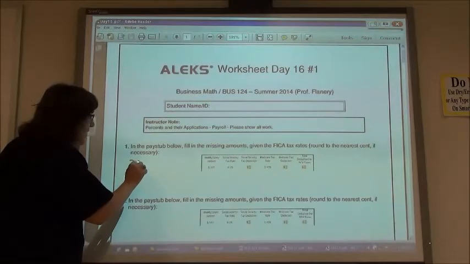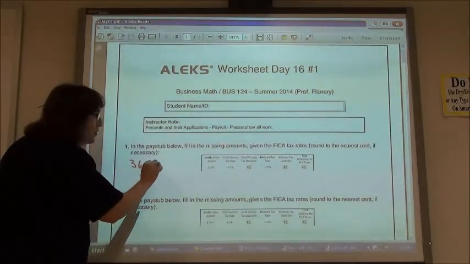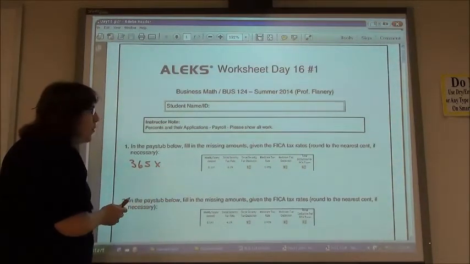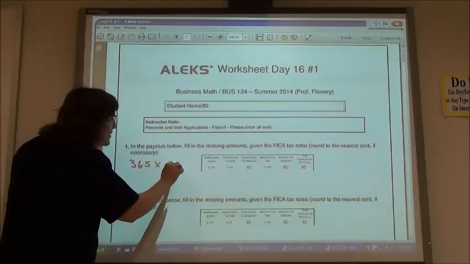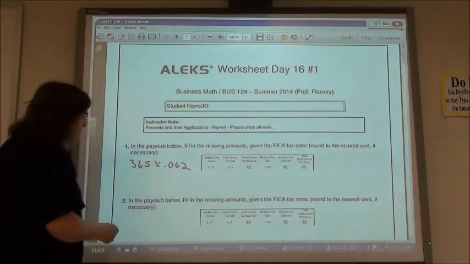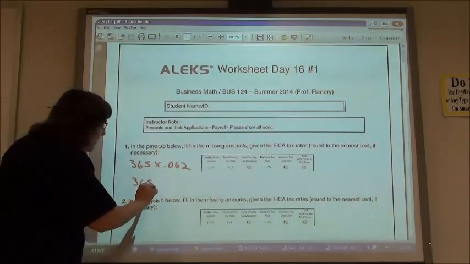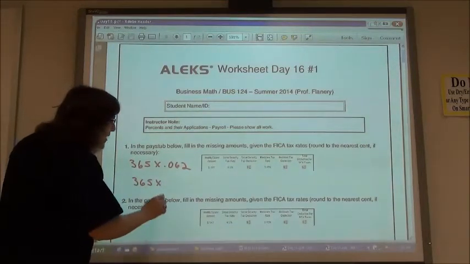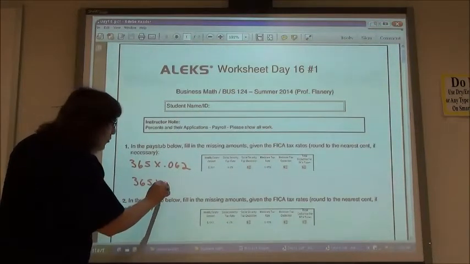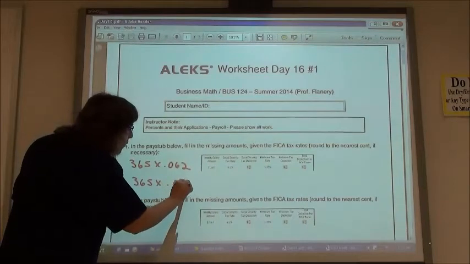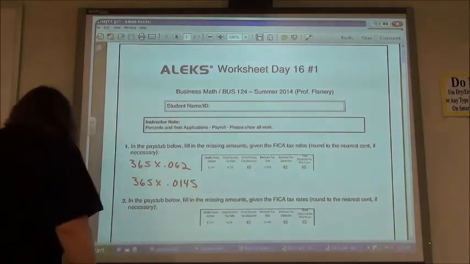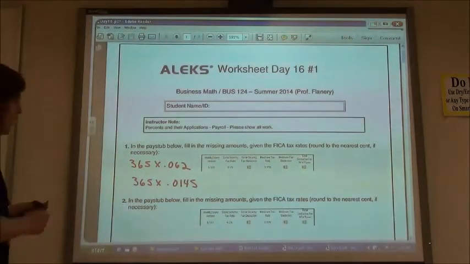My weekly salary is $365, and my Social Security rate is 6.2%. I use 0.062. And my Medicare, I still have $365. My Medicare tax rate is 1.45%, so 0.0145 is what we're going to use to multiply by. So if I grab the calculator,